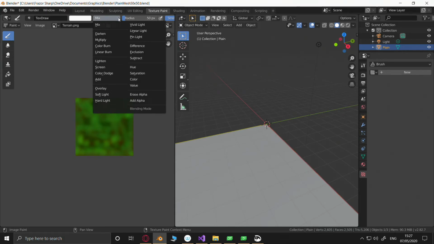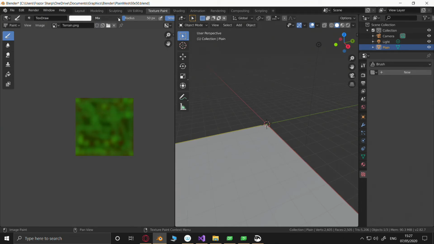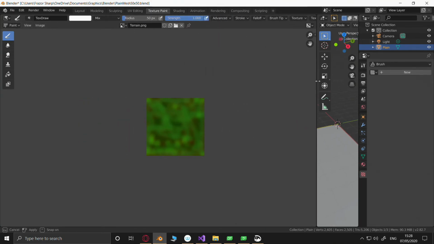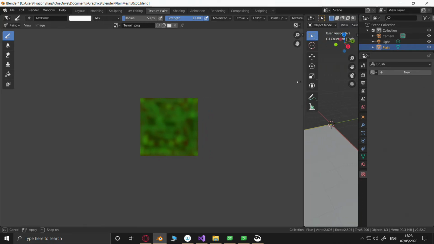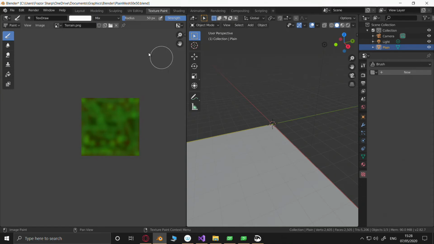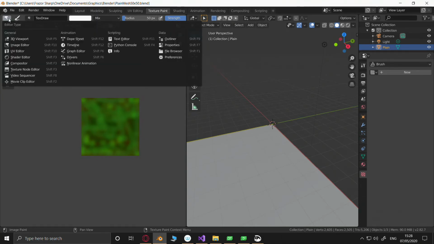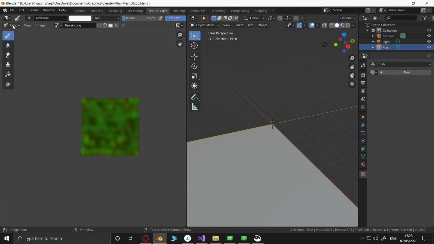Alright, I don't know what any of this is. And there's stuff hiding behind here. Alright, there's stuff hiding behind there that I don't know about. That's just the editor type.